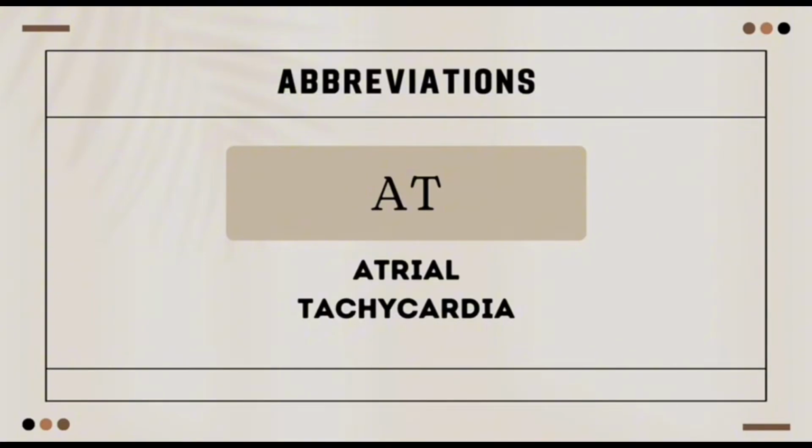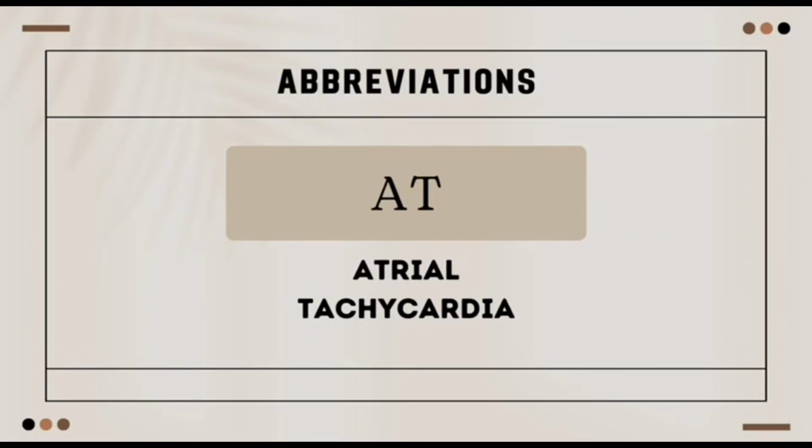The term atrial tachycardia itself comes from the medical field and refers to a type of heart rhythm disorder in which the heart's atria or upper chambers beat too rapidly, typically at a rate of more than 100 beats per minute. The term tachycardia means rapid heart rate while atrial refers to the atria. The abbreviation AT is commonly used in medical records, reports, and communication between healthcare providers to quickly and accurately convey